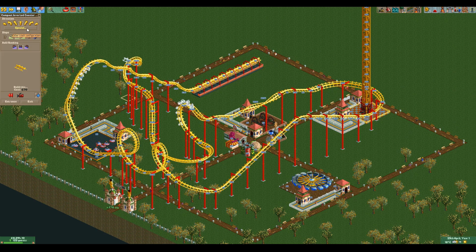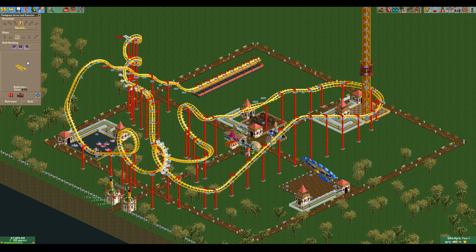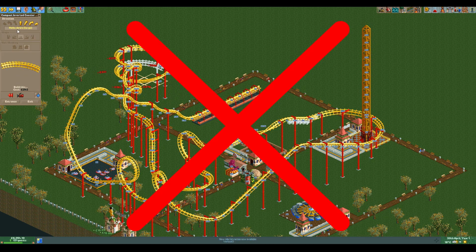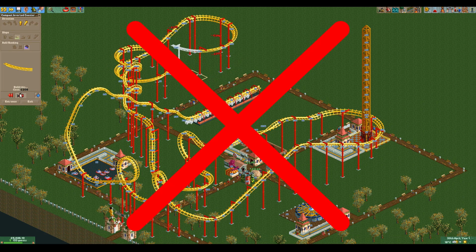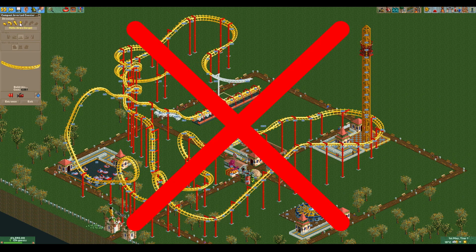Now we can finally build our first coaster. This is where a lot of people make the mistake of building a huge coaster. They look cool, but they're incredibly inefficient. A small compact inverted coaster attracts the same number of guests as a large compact inverted coaster. As a rule of thumb, you should never spend more than 10,000 euros on a single coaster and preferably not